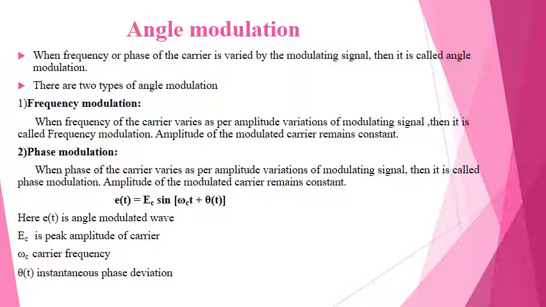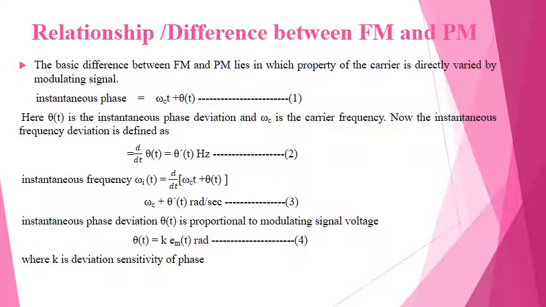So here e(t) is the angle modulated wave and Ec is the peak amplitude of the carrier, omega c is the carrier frequency and theta(t) is the instantaneous phase deviation. So next we are going to see the relationship or difference between FM and PM. Here we have taken the difference between FM and PM, and it lies in the property of the carrier